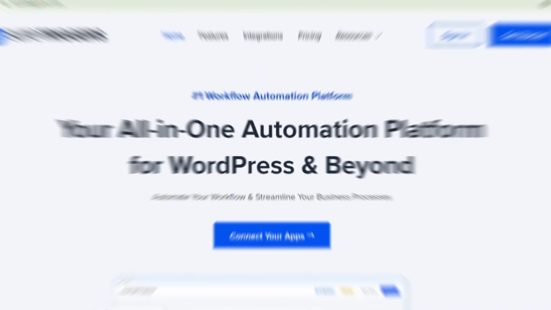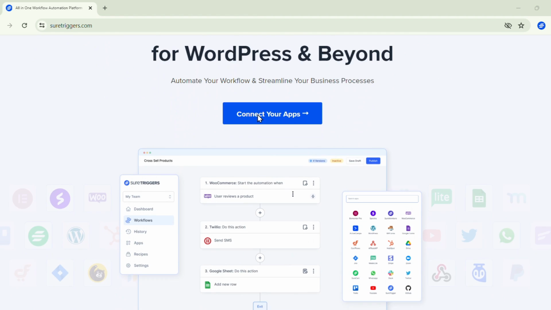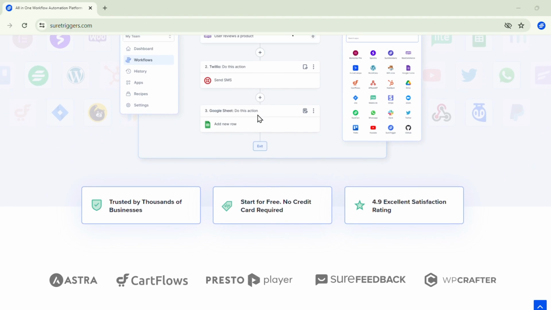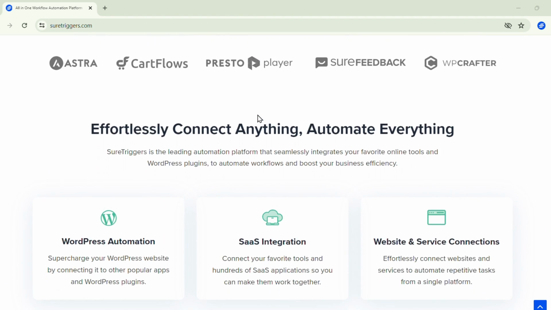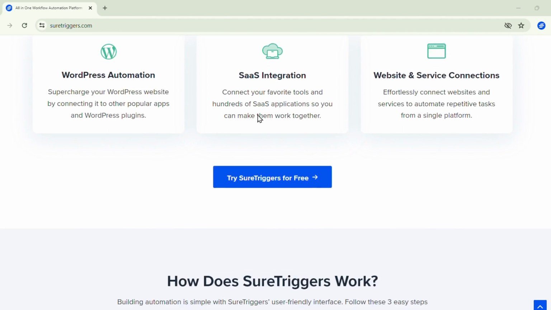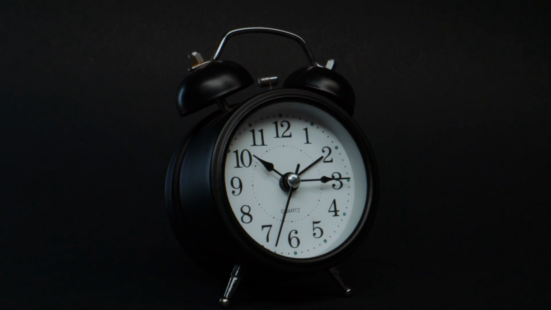Basically, SureTriggers is an automation tool where you can connect multiple WordPress sites, plugins, and web applications like Stripe, Razorpay, Google Forms, Google Sheets, etc. with each other and automate your repetitive work. So using SureTriggers, you can simply automate this process and you will be able to save your precious time and